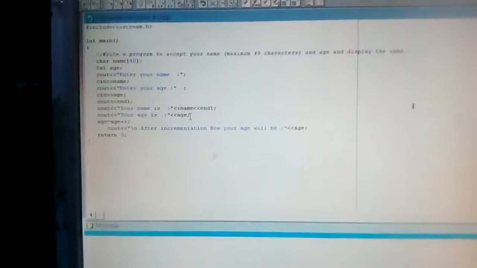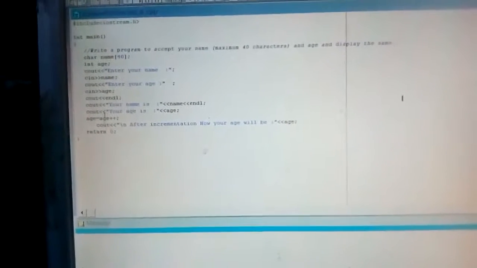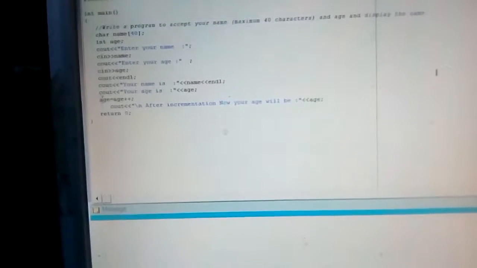Now on the next line you can see age is equal to age plus plus, that means it will assign the value. First it will show you the age, and then it will increase it and enter it into the age. If it is given like age1 equal to age plus plus and you are writing here age1, then it will show the last age.